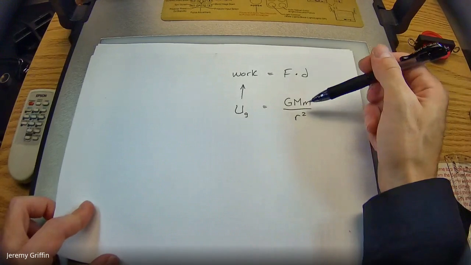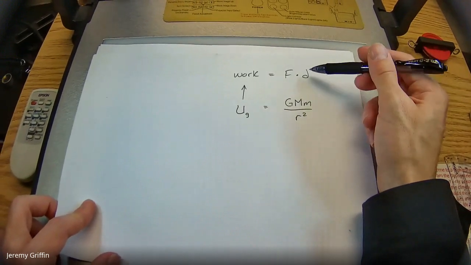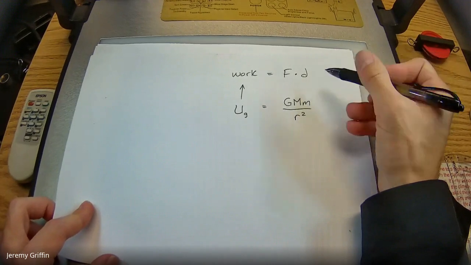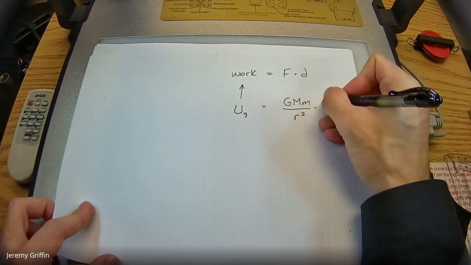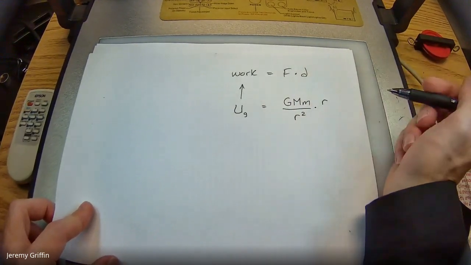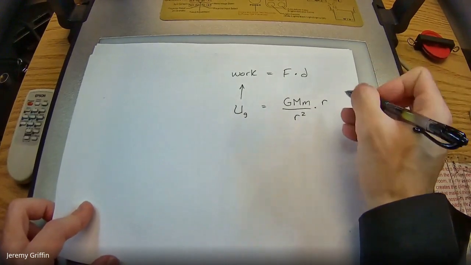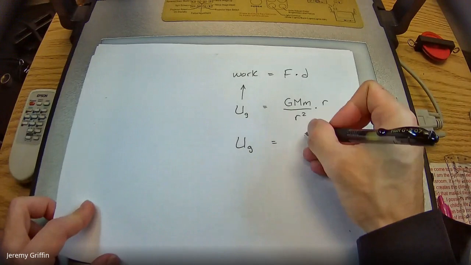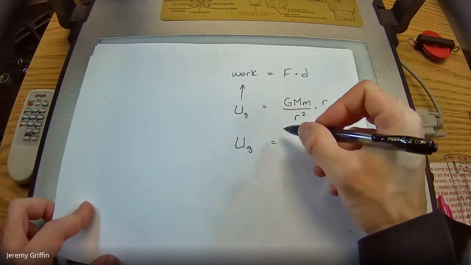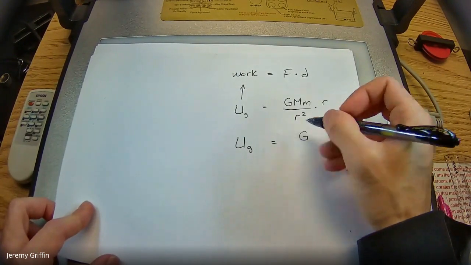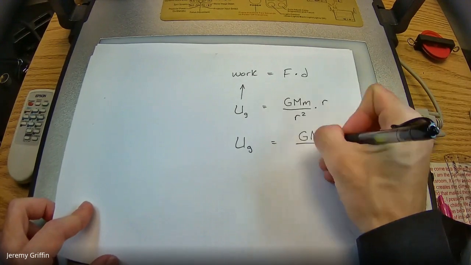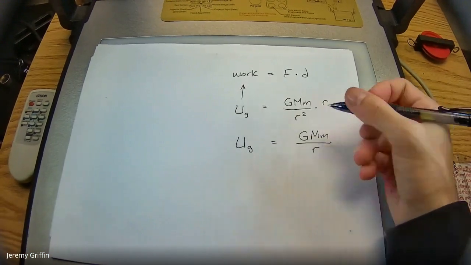And hey, radial distance. That's one kind of distance, right? I mean, what if we're talking about the same distance here? Like you lift above, like some distance r, right? That could be like that, couldn't it? Maybe one of the r's cancels. That leaves you with the magnitude of universal potential energy, which is Gmm on just plain r. But I still haven't explained where that negative sign comes from.